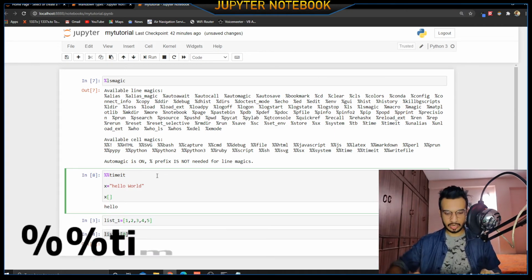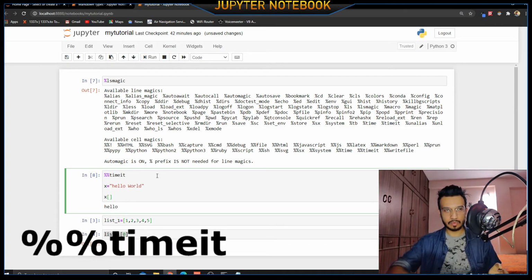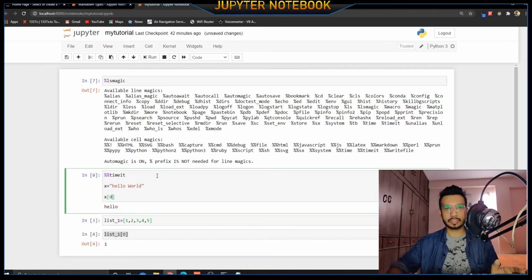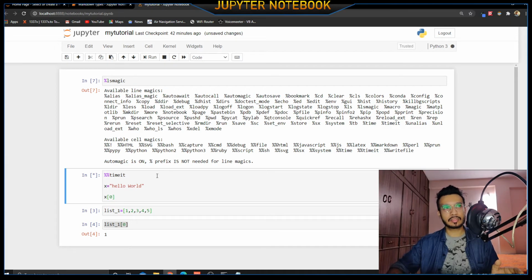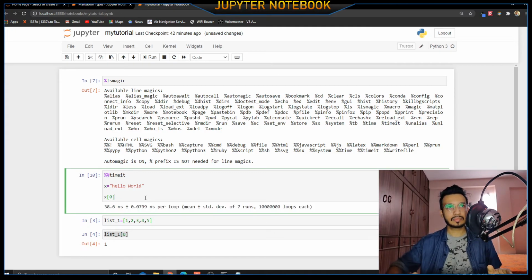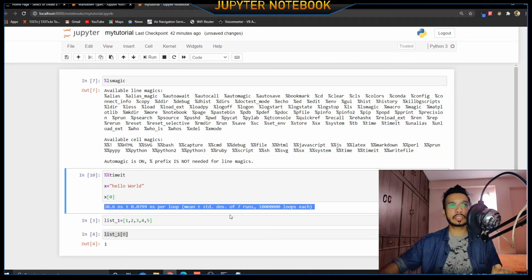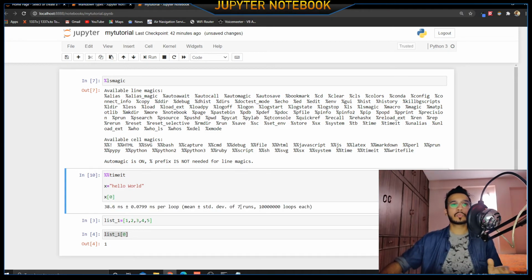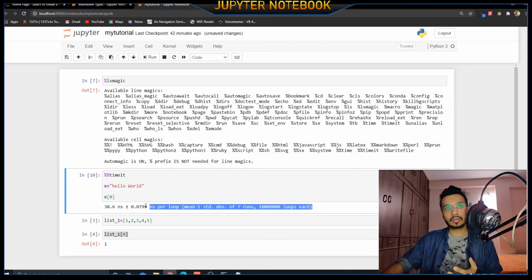I'm going to use the index, let's say what's there in index 0, and I want the output of this. So the moment I run this, it basically tells me how much time it took to run this. So if you want to know how much time your code has taken to run, you can use the timeit command.